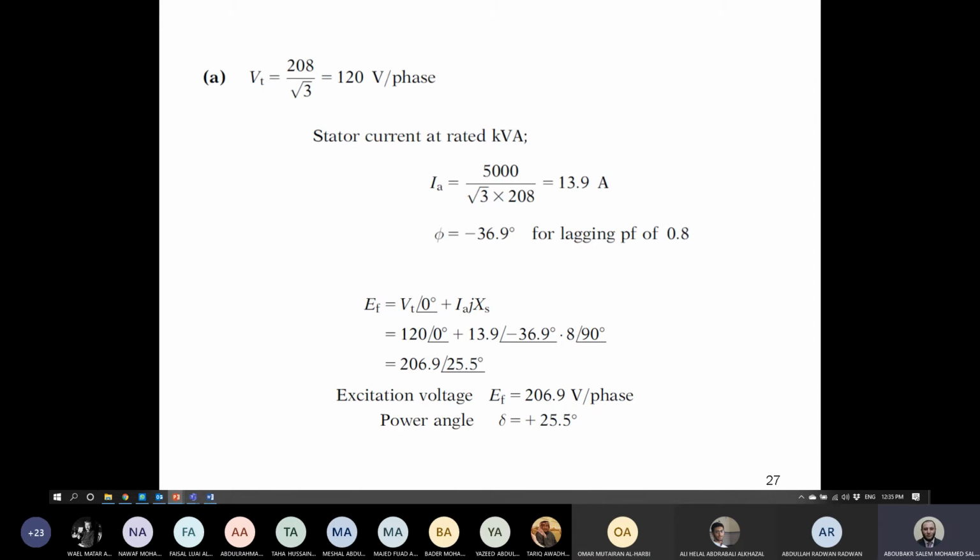Of course here after calculation we could find that EF equals 206.9 at angle 25.5 degree volt. So this is now the amount of the excitation voltage, and the power angle is 25.5. Right. This is number A. Number B, guys,